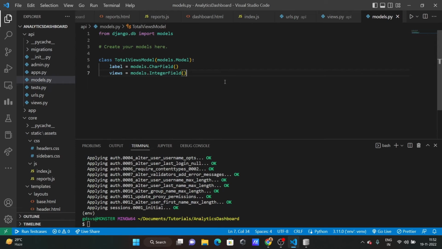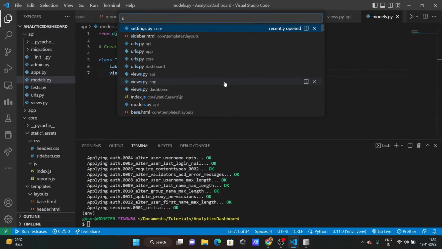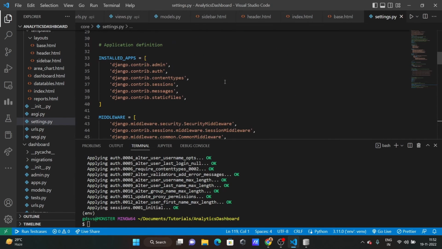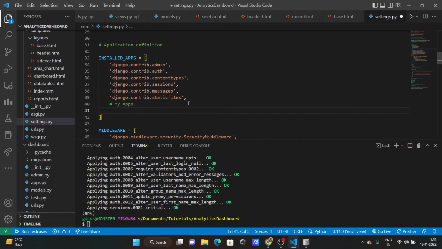Before that, we have to go to the settings.py file, and here in installed apps, I'll include the API app, and let's run migrations. Python manage.py